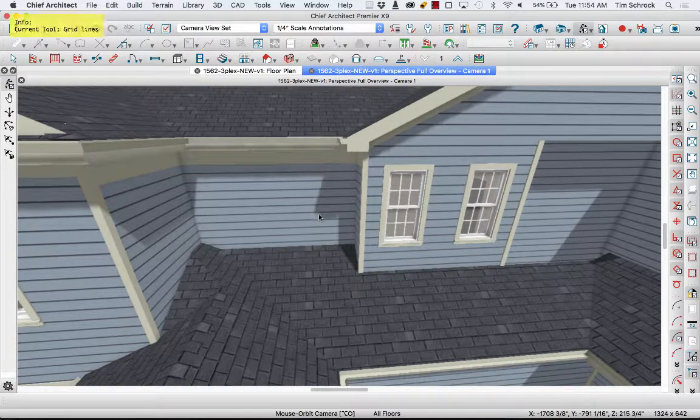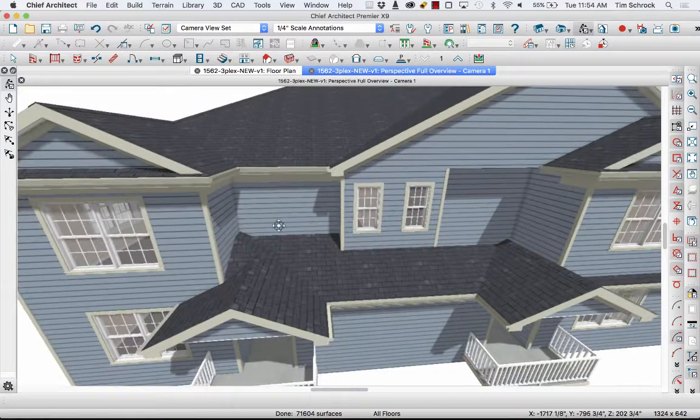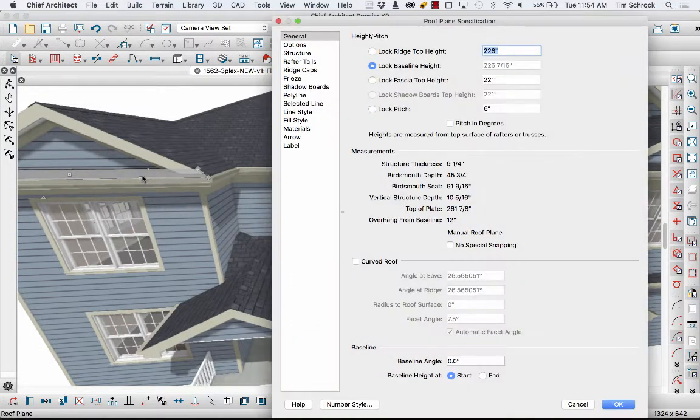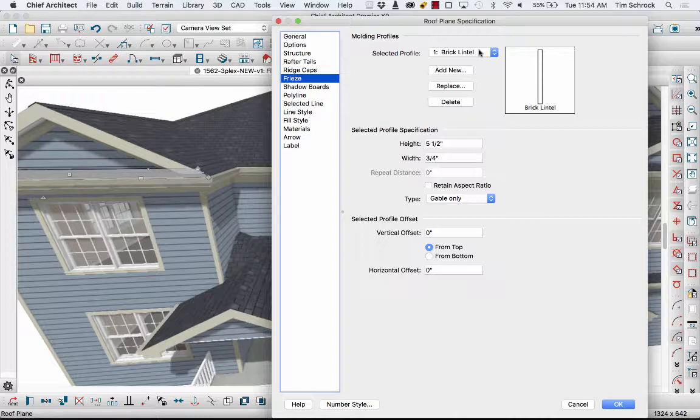You'll notice that I did automatic roofs, and Chief has tried its best to do something. It's got this hip here, it's got a valley here, it's trying to get the water away from the walls, but this is not the solution that we really want it to be. So I am drawing it just a little bit differently, and I see also up here my fascia is not quite